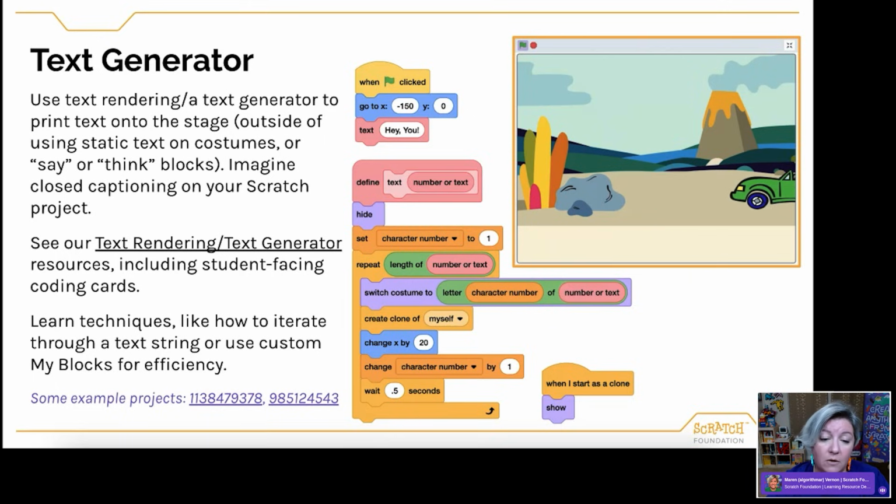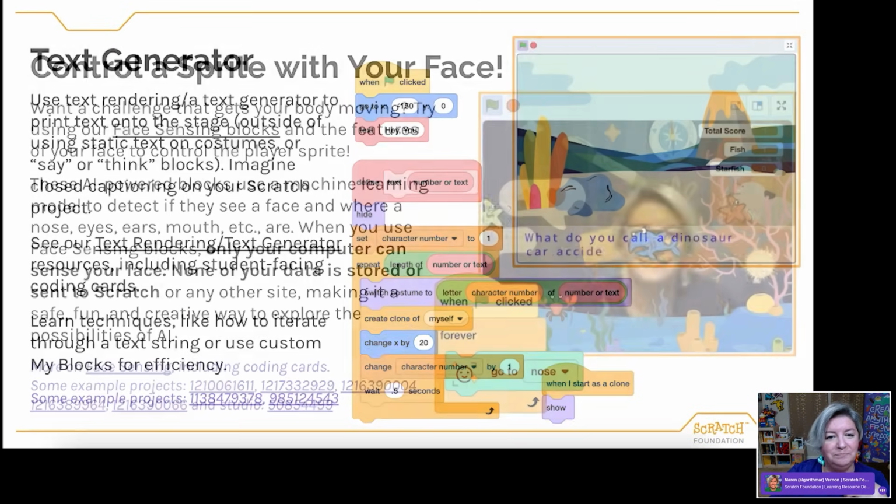And then, here I'm iterating through a list in order to create this text, but that concept of being able to iterate through a list, an array, is a really helpful coding concept that they can use in a variety of applications, from storytelling to animation to here in games. And so, again, if your student is not necessarily 100% interested in games, a lot of the concepts that can be utilized in games can also be applied to a large variety of different styles of projects. And so I just always love to highlight that because, of course, we love variety.